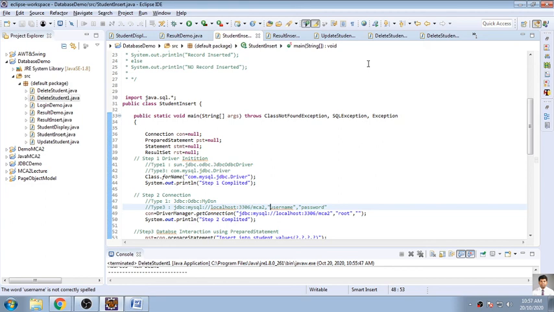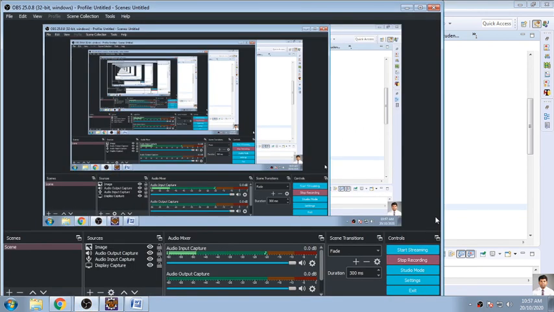Tomorrow we'll again have an example of the same parameter, and we'll create a GUI where we'll interact with a database. Values will be accepted from the GUI and stored into your database. So we'll meet tomorrow with GUI database connectivity, with GUI programming. Till now, I think you are clear with how to insert, how to update, and how to delete a record from your database. Yes? Yes, sir.